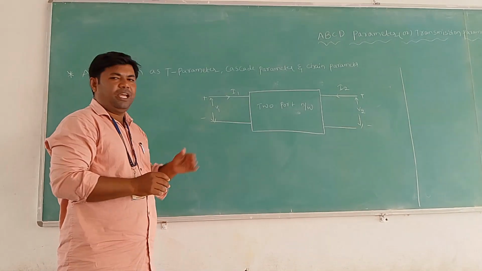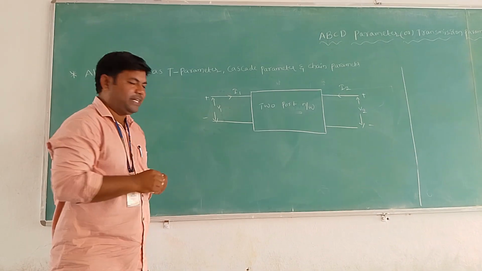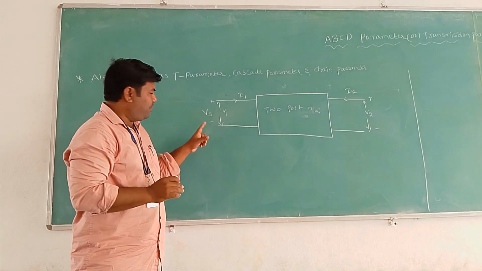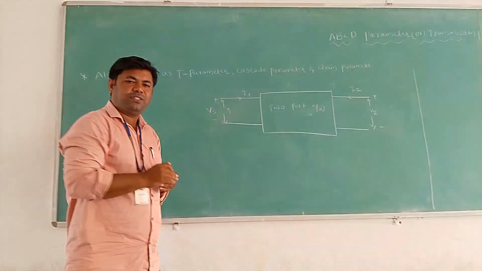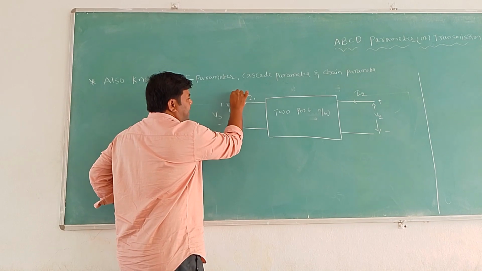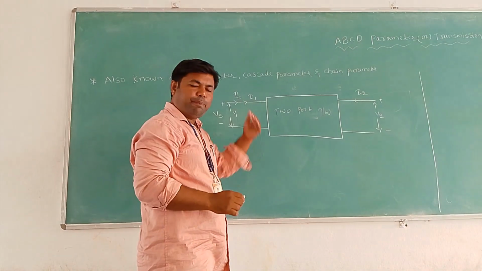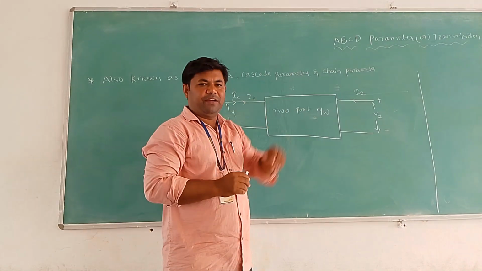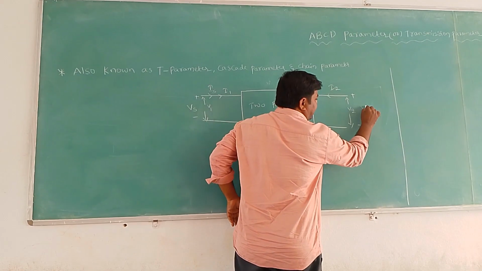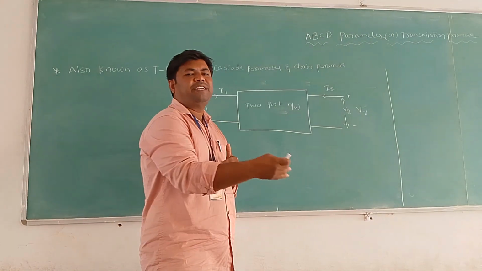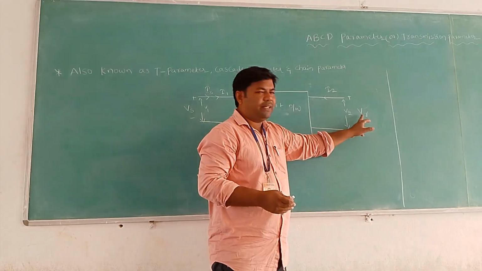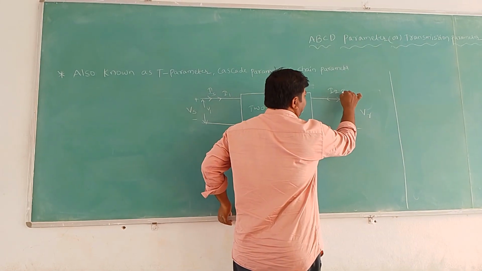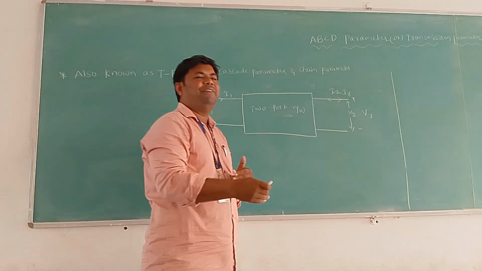In the same way, at the first port we are applying the supply voltage, Vs, and when we supply the voltage, the same current is generated, so we call it Is. This is port number 1, the transmitting point. In the same way, from the receiving point of view, the receiving voltage we call Vr. This is the receiving point. When we apply the voltage Vr, a current is also generated, and that current we call Ir, the receiving current.